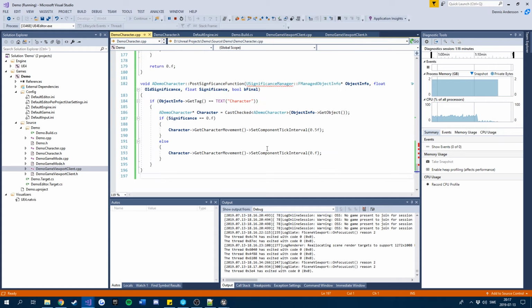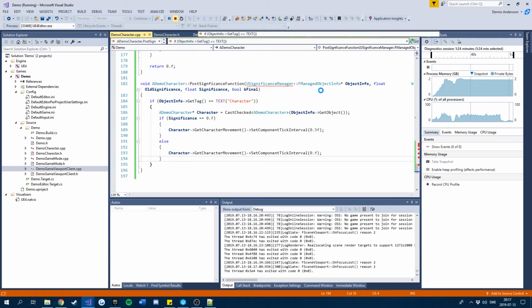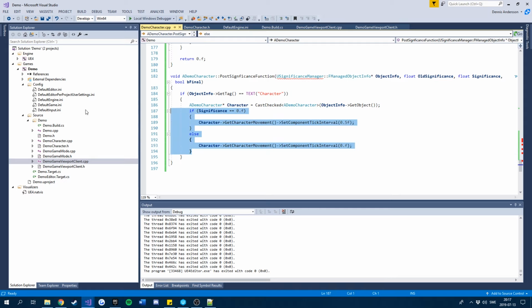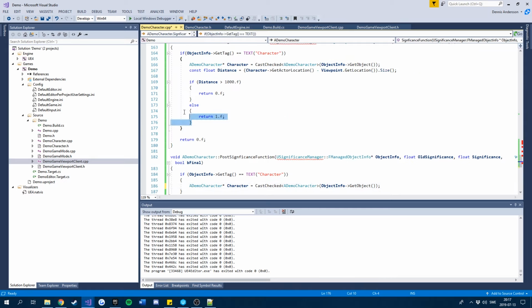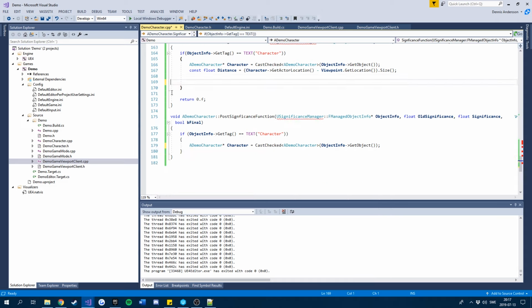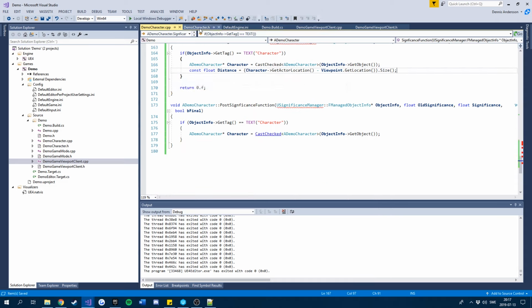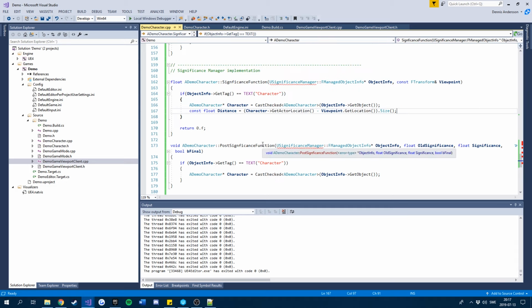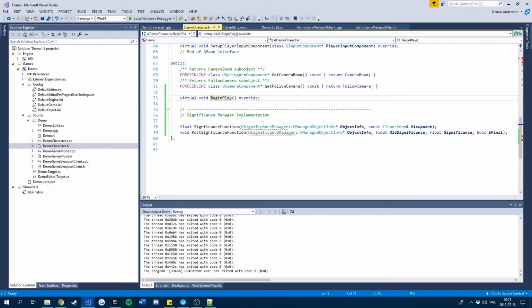Right, so that's a very basic way to set up the significance with these if statements. I'll show you guys a better way to actually do this. If we go ahead and close the editor, I'm going to remove this entirely. I'll show you how you can actually set this up in a better way. So if we go into our character,